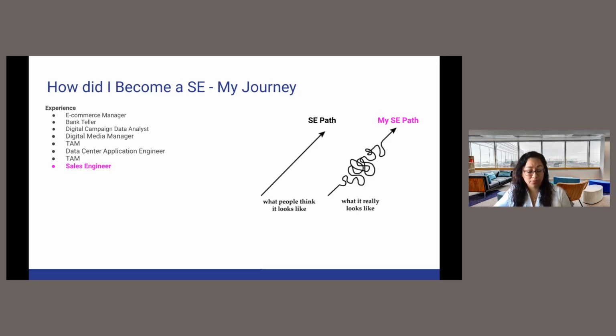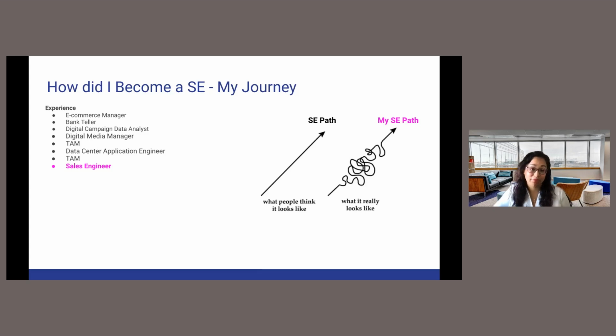As we know, cybersecurity is very important nowadays. So I figured, what a better way for me to learn what cybersecurity can do for humanity than to be part of that world. So I went in there, I did it for a minute, and then along came Splunk. And I stayed as a technical support account manager, and that's where I met a few sales engineers in Splunk. And they told me, you have a lot of the traits and skills that a sales engineer has. Have you ever considered being a sales engineer?